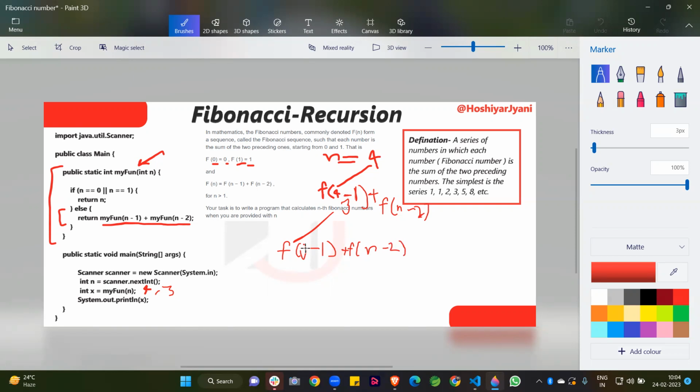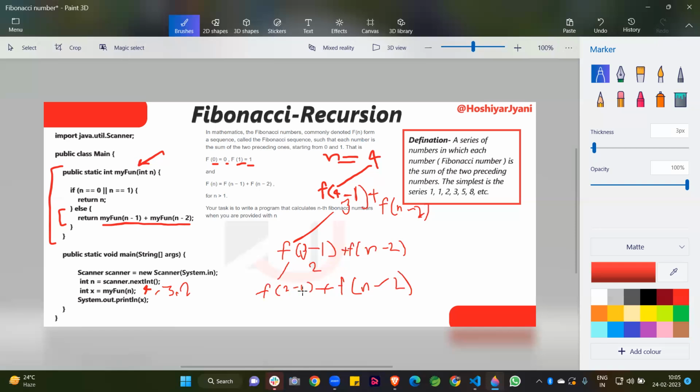So now the value of 3 minus 1 is 2 here. At that time we are calling our function again. So now when f of 2 is called, this condition is not true, then we come to this, and we write here 2 minus 1. And with the plus symbol we can write the same thing, f of n minus 2. I am avoiding writing it out because I am writing with the mouse. So n minus 2.